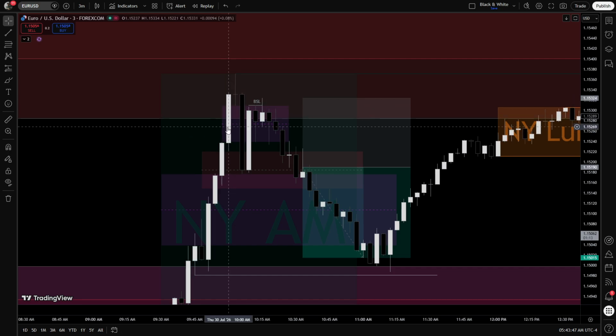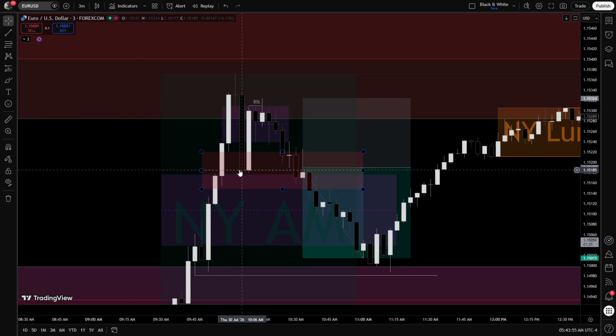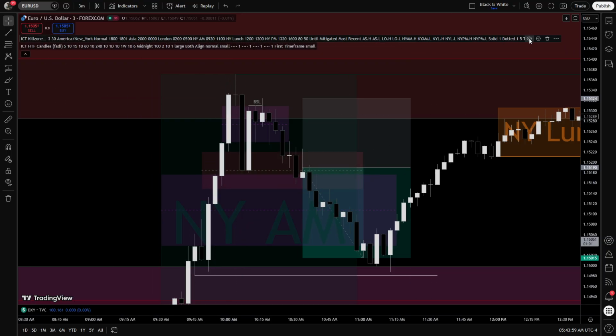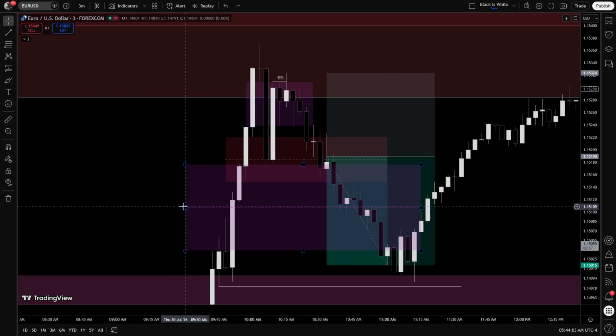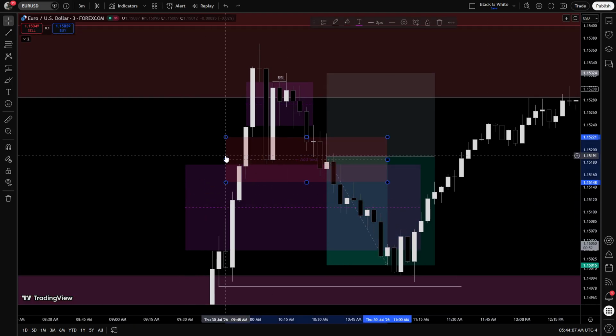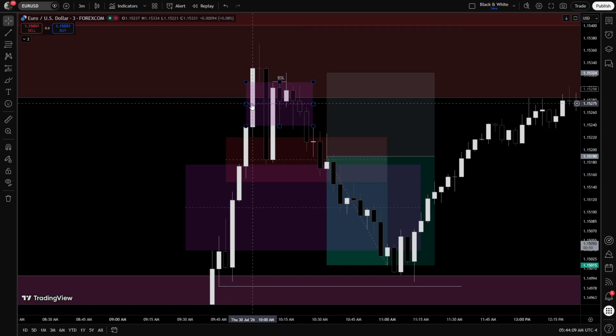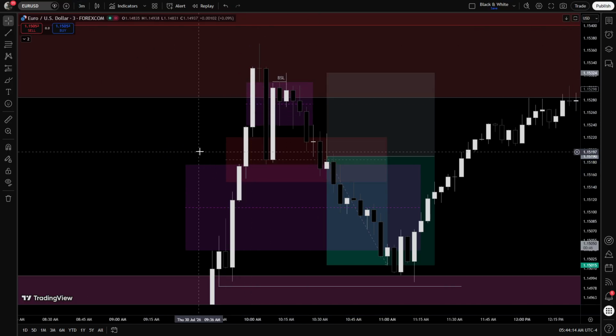So this is the first 3-minute fair value gap. After sweeping the high, the market came down, melted down. This is the 5-minute one, this red is a 5-minute. I'm going to close this indicator now so you all can see correctly. Okay, this purple is a 15-minute fair value gap, this red is a 5-minute fair value gap, and this one is a 3-minute fair value gap. I'm currently at the 3 minutes, so that's why you can see it clearly.